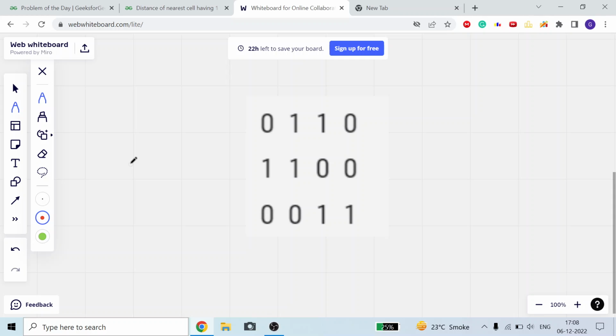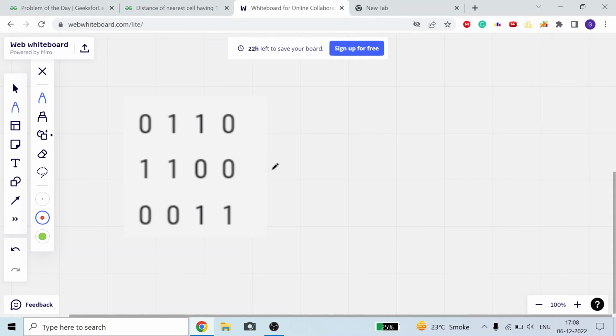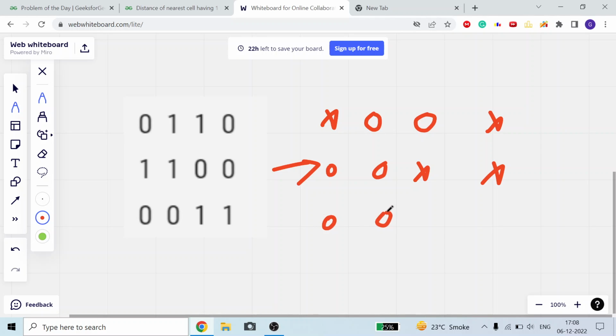Okay guys, so first of all we will change this matrix into another matrix. Suppose x is a very big number, and we will change it like this. Why I am changing this, I will tell, just look at what I am doing.